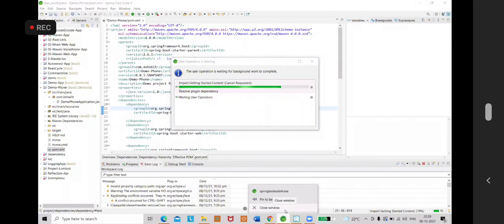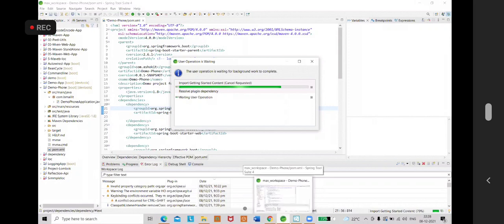Okay, sir, I'll try it later. So this is completely a problem related to Maven dependencies not getting downloaded properly. They are continuously waiting. And one more thing is, next time whenever you open your IDE, don't keep all the projects in the open state. Your IDE will hang. You need to right click on the project, close unrelated projects. Only the project which you are currently working on should be in the open state. Okay.